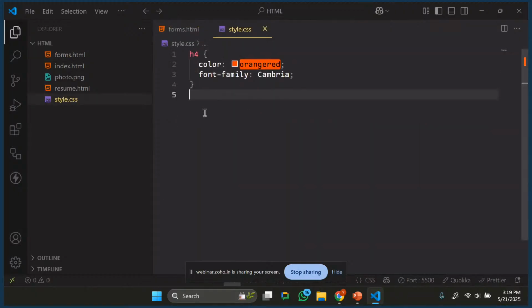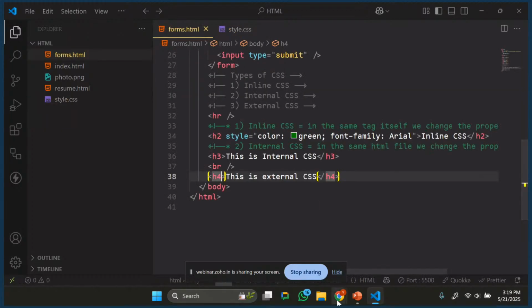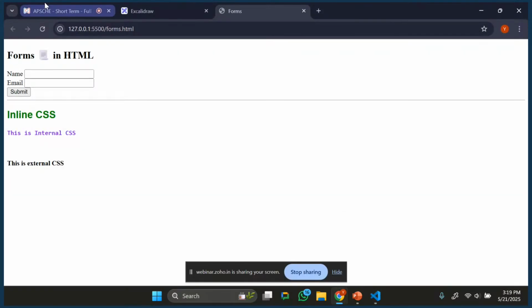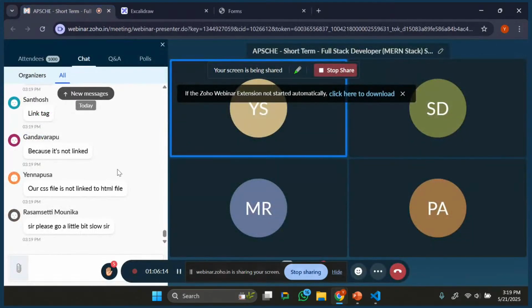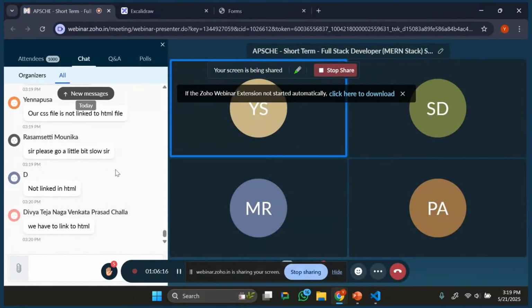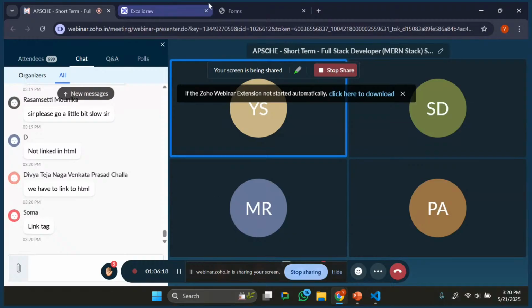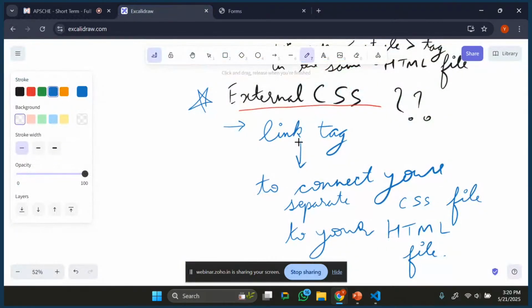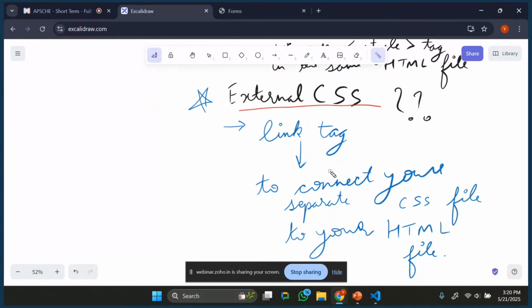Why is it not orange, guys? I have written everything. Okay, this is H4 and I am using H4. Why? Is there any problem? Good. Exactly. So if you look here, what I told you